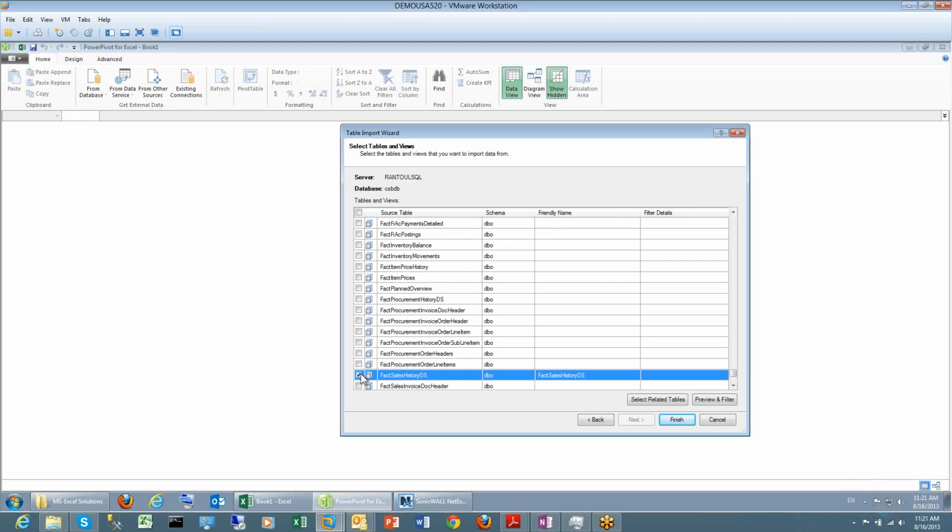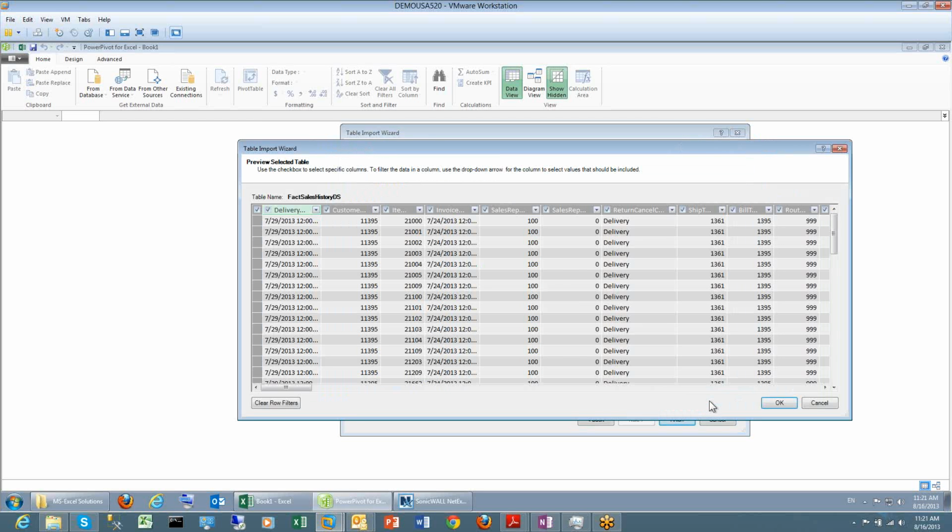Now, what you can do here is preview and filter the data. And that may be nice for you because you talk about in-memory BI, and in-memory BI, especially on the fact side, you have a lot of columns that you may not want to use. And of course they occupy memory, and they occupy space when you refresh the data model. So you can say preview and filter. It will open up a preview snapshot of that